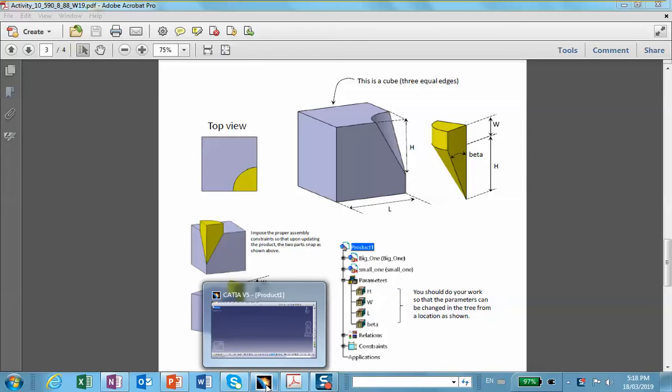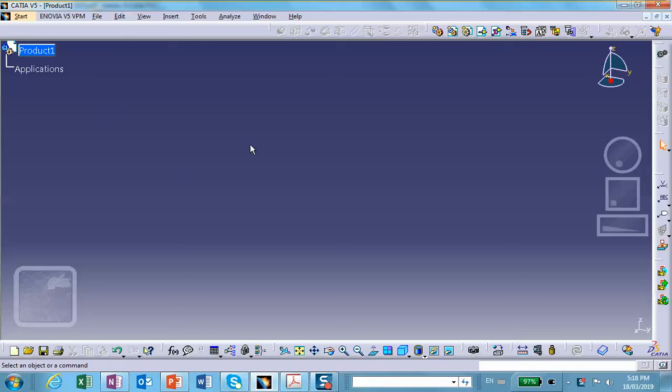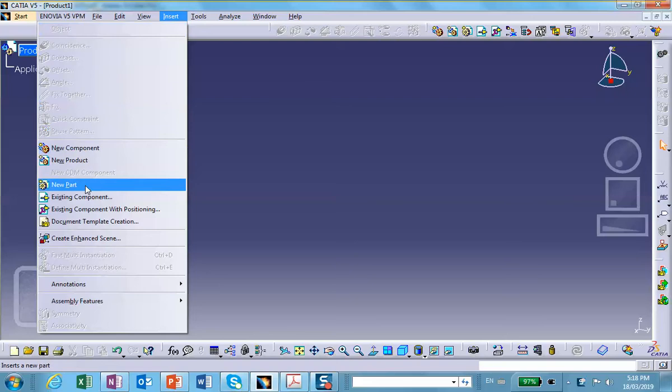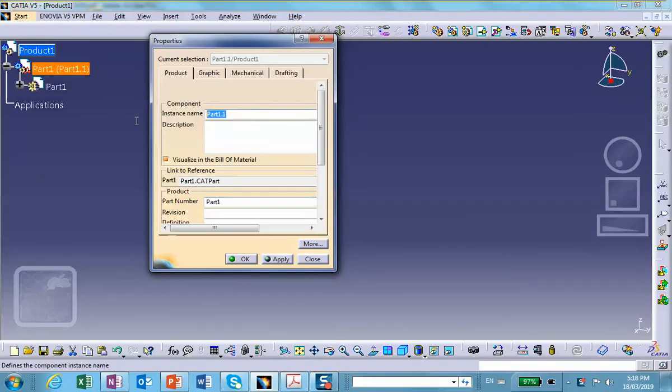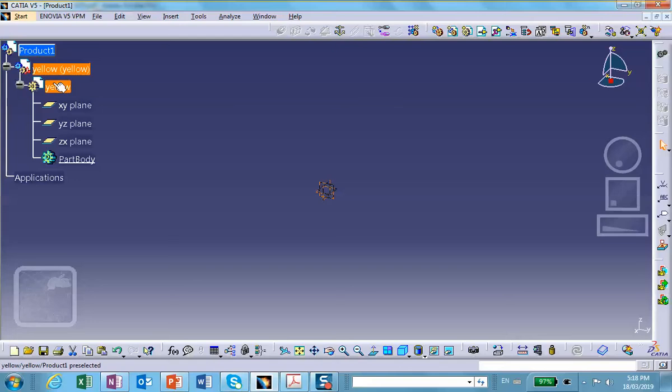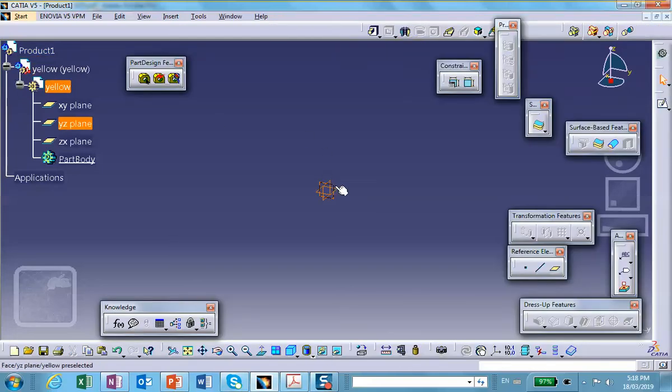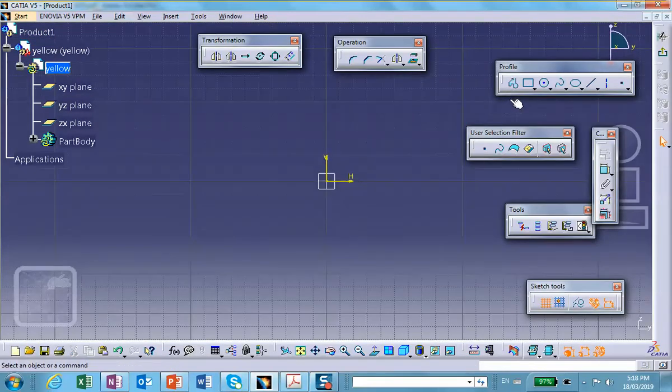Okay, so let's go ahead and make exactly the same part that we made before, namely the yellow one. Actually, I can bring it up, but I will do it again. So insert a new part in there, and I'm going to call this thing yellow. Properties, yellow. Let's make it on a convenient plane, on that vertical plane. I will sketch that same drawing that you saw before, namely something that looks like this, like so,